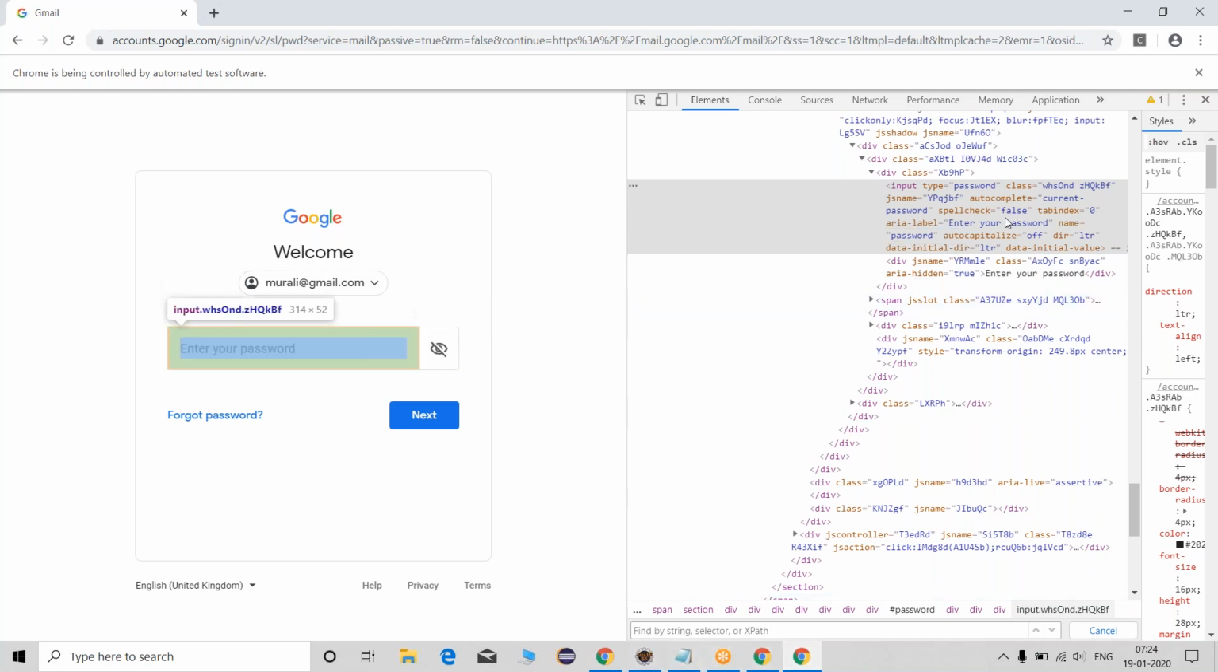Right? So let me go with name here. It is because it is having a name, password. Let me go with name, or else you can construct XPath using this name here. See,